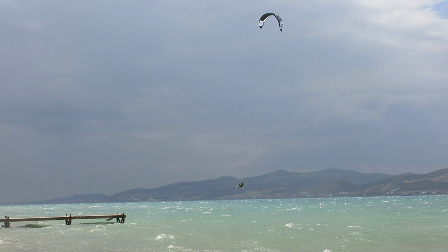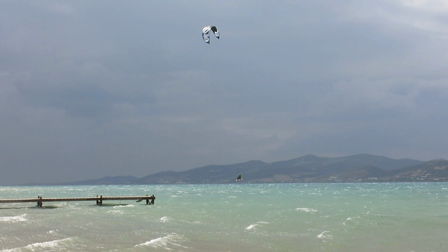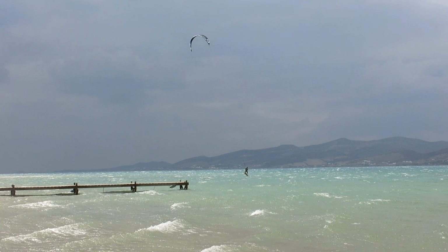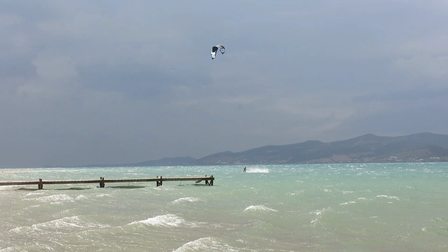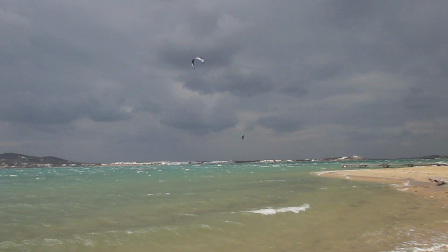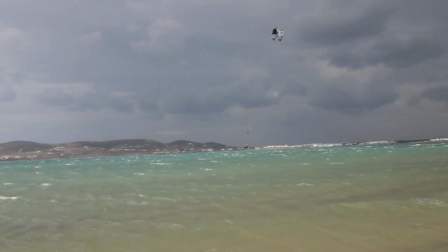So immediately move that kite so the kite can redirect and come in front of you on the landing. And then spot your landing, come immediately downwind and lean back so you don't fall head first as a cartwheel and get a concussion. Now this is another view showing you how far back your kite is. So move it in front of you and spot the landing, and because you're going to land really hard downwind,